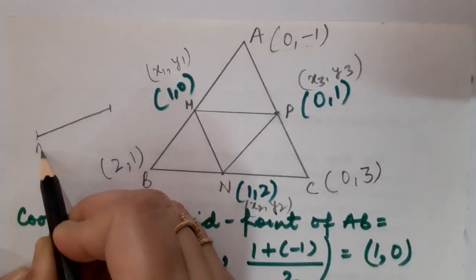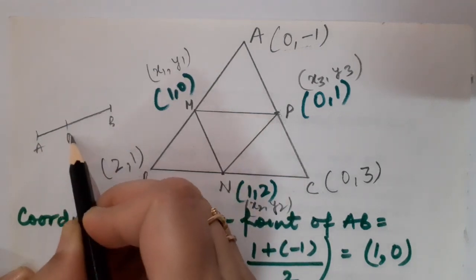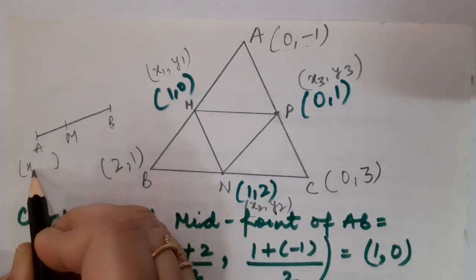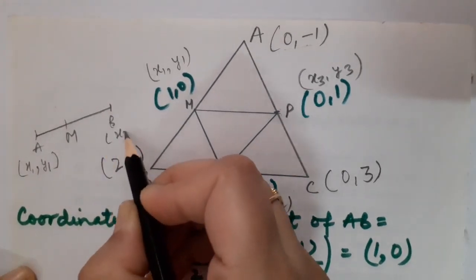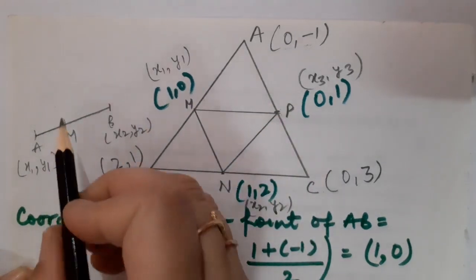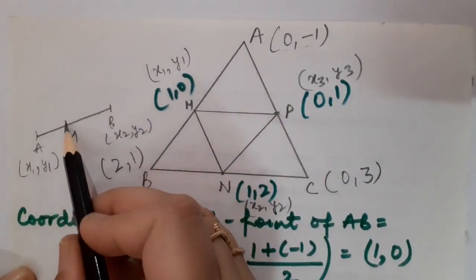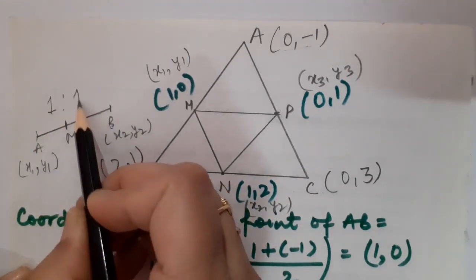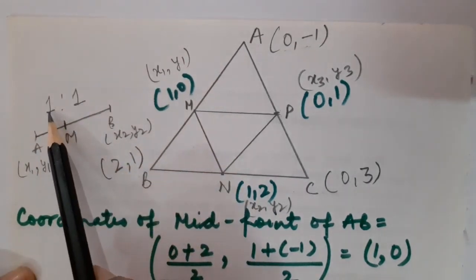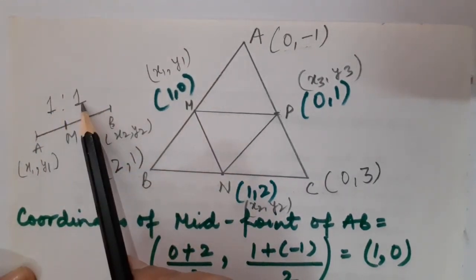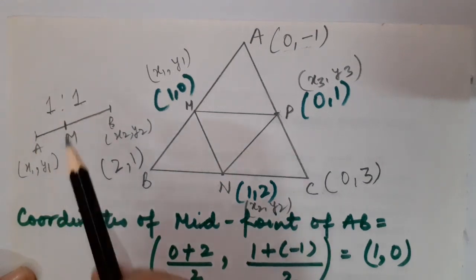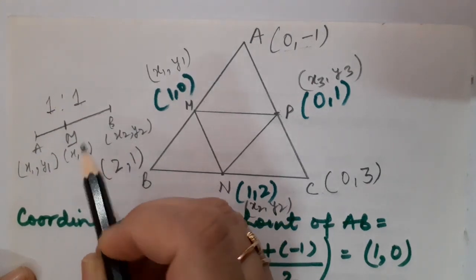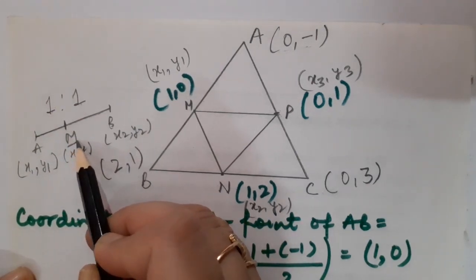For example, this is a line segment AB and M is the midpoint of line segment AB. And let the coordinates of A be x1, y1 and the coordinates of B be x2, y2. So can you tell me in which particular ratio this point is going to divide this line segment? Correct. This is 1:1. Or I told you, in place of m1 you can put 1, in place of m2 you can insert 1. So ultimately, how can we calculate this x, y, which are basically the coordinates of the point M, which is known as the midpoint over here?